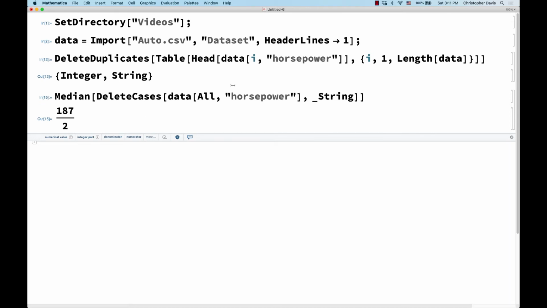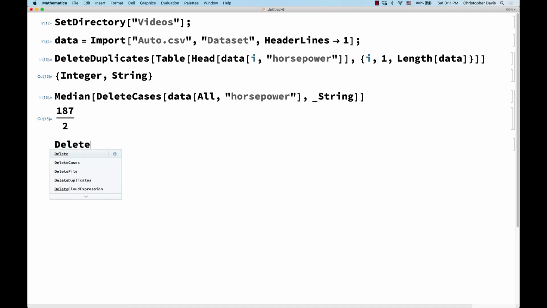Let's see one more way to do it. What if I want to delete all of the rows where the horsepower column is a string? Here's a way we can do that. I could do DeleteCases, data, of all the things in data, such that if I look at its horsepower column,